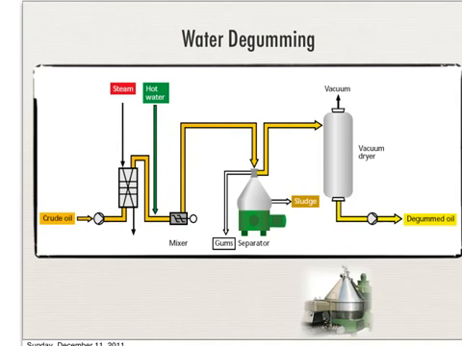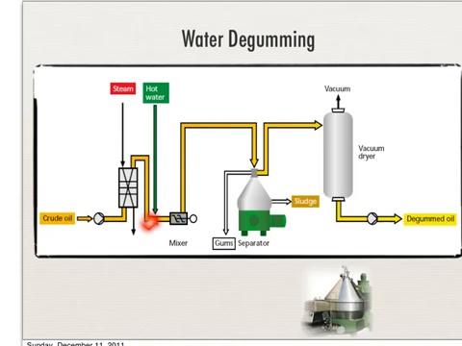Water degumming is suitable if the oil contains a high amount of hydratable phosphatides, for example, soybean oil. So the crude oil will be pumped through the heat exchanger to heat up the oil to the optimum temperature. Then after that, the hot water will be added to the oil. The amount of hot water added is calculated to be equivalent or correspond to the amount of phosphatides in the